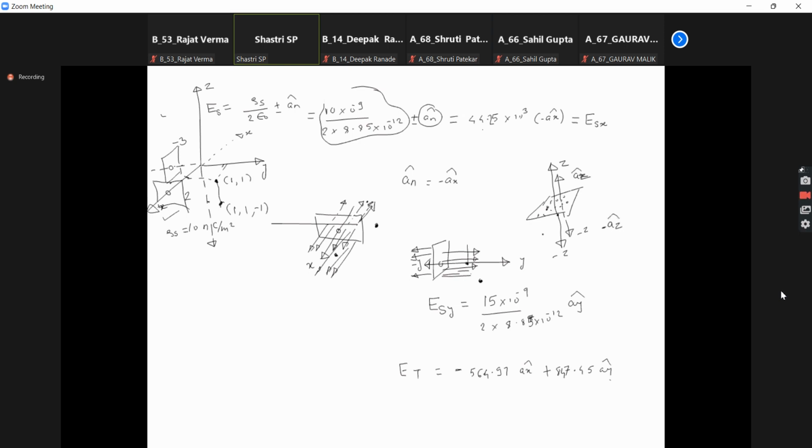So if you are interested in finding the field intensity somewhere here, you can see that the field is going downside at this point, or at any point below the sheet. So below the sheet, the electric field is going in the negative direction. So if your point of interest, or wherever you are asked to find the field intensity, is below the sheet, then the direction of the field will be minus az. And if suppose the point of interest is